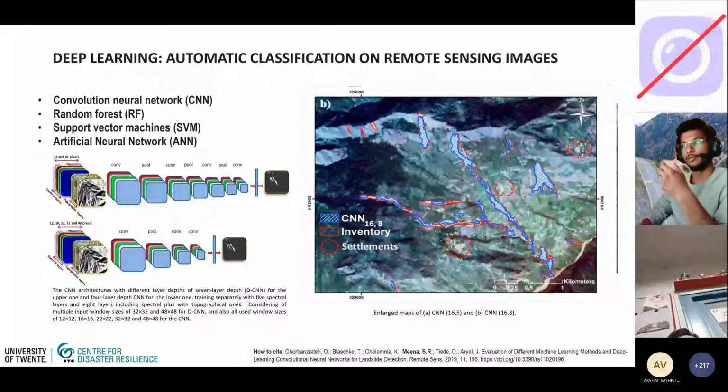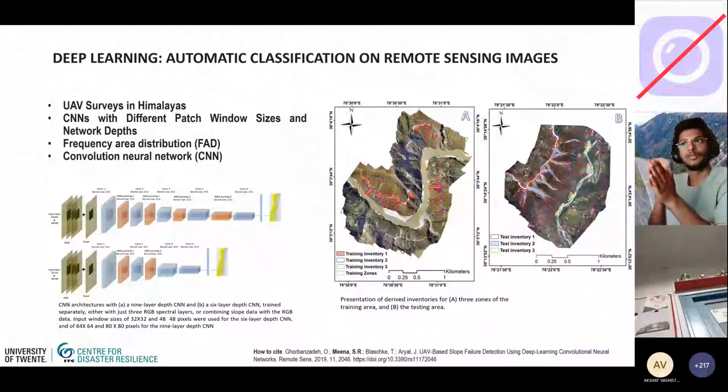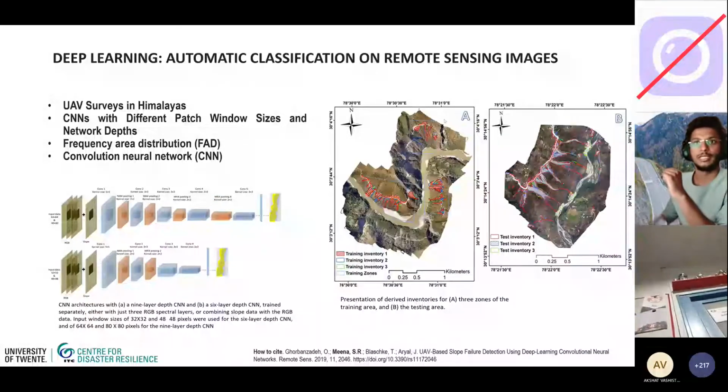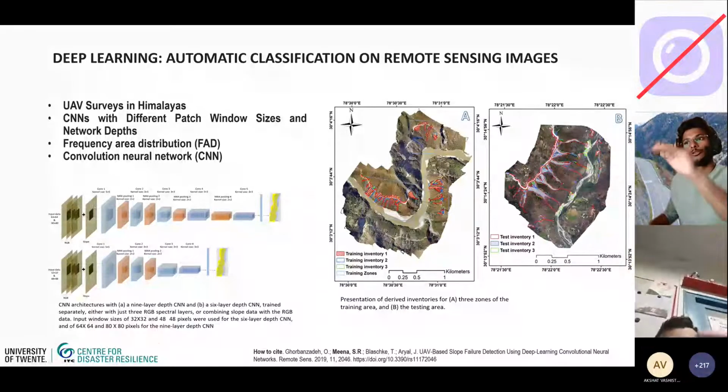Then moving ahead, there is another study that we did to understand if we can apply the same models or methodology in a different environment using very high resolution UAV data. In this, we used several expert-based inventories and tried to evaluate them and find the optimal inventory for training and testing the models. And here, can you see the cursor? If yes, then there is RGB and slope. So we just used RGB, which are optical bands, and slope, which is also derived from the UAV, to map